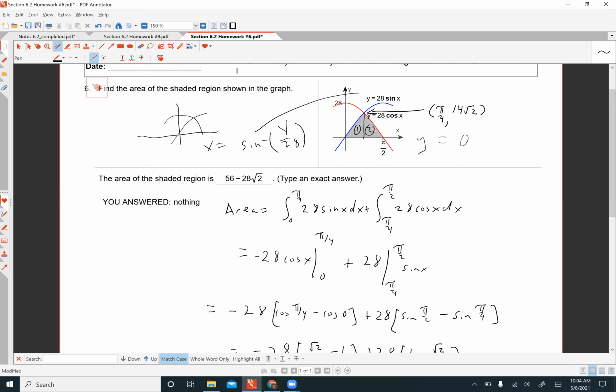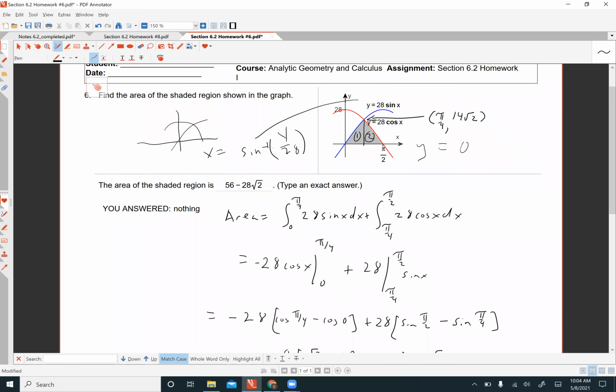The only thing is, right now we don't know how to integrate the arc sine and the arc cosine functions. That -1 there means arc sine. We don't know how to do that. You should learn how to do that in Calc 2. So for right now,